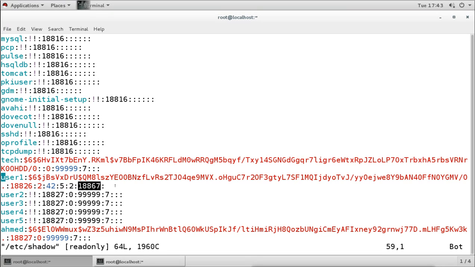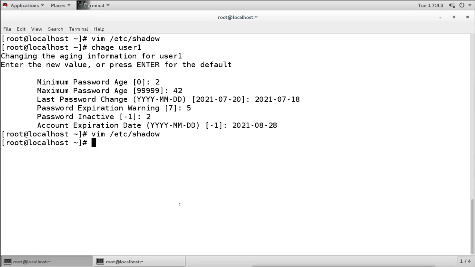So this is how we change the password information easily for the user account. We use the command chage, change age, and then we mention the username which we want to change. And then we'll go through with this wizard and then we can change all these values.